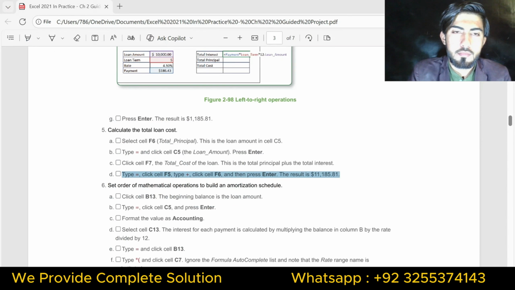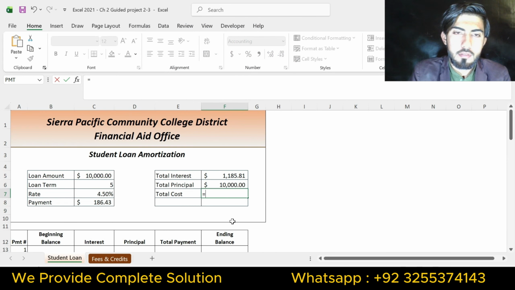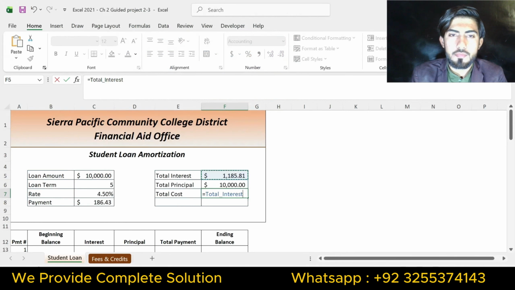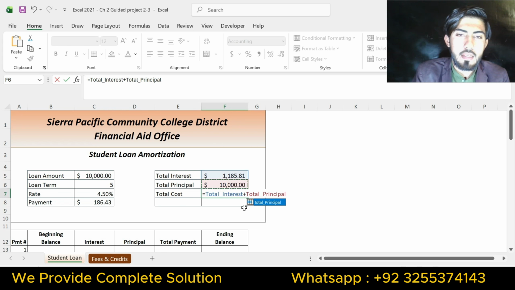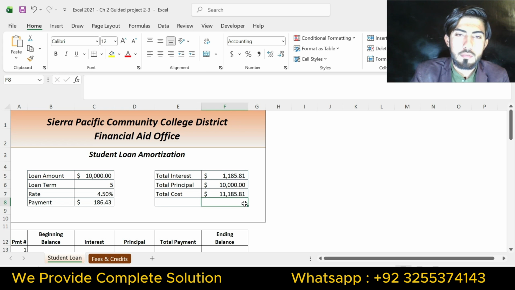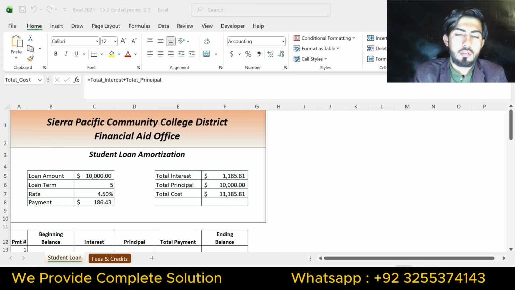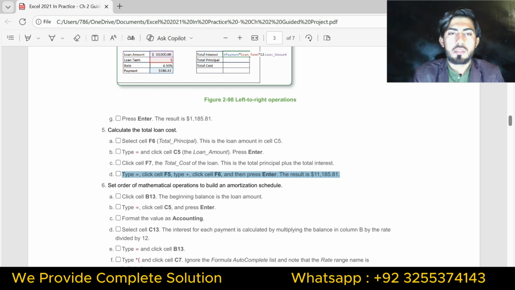So I will use formula in cell F7, equal and then F5. This is cell F5. Type plus and click cell F6 and then press enter. Okay, I have found the value of total cost in cell F7 by addition of cell F5 and F6.